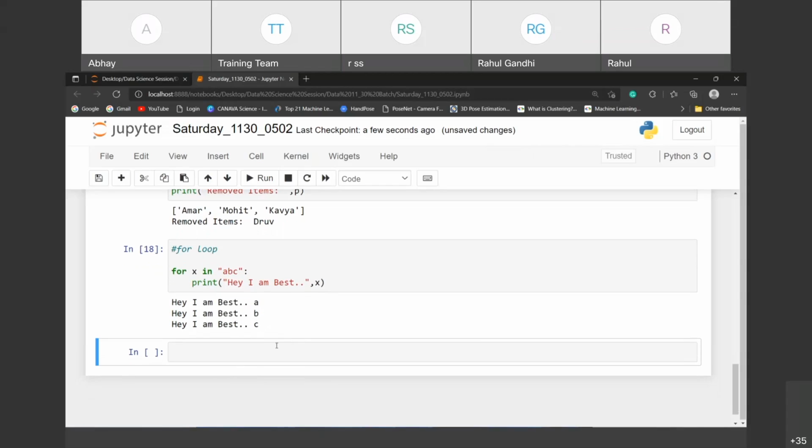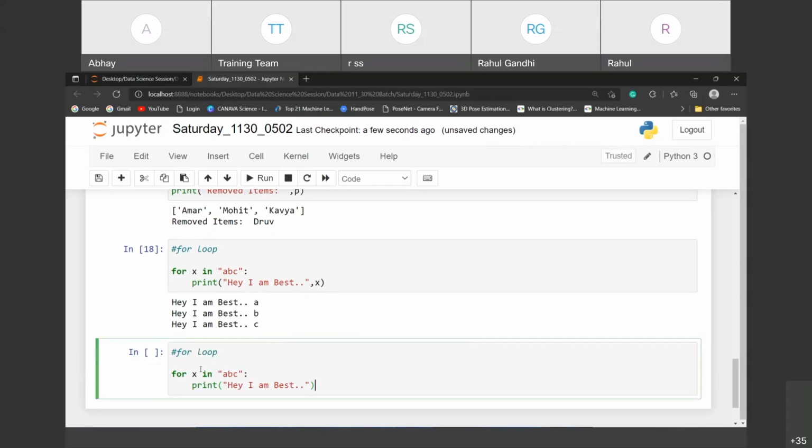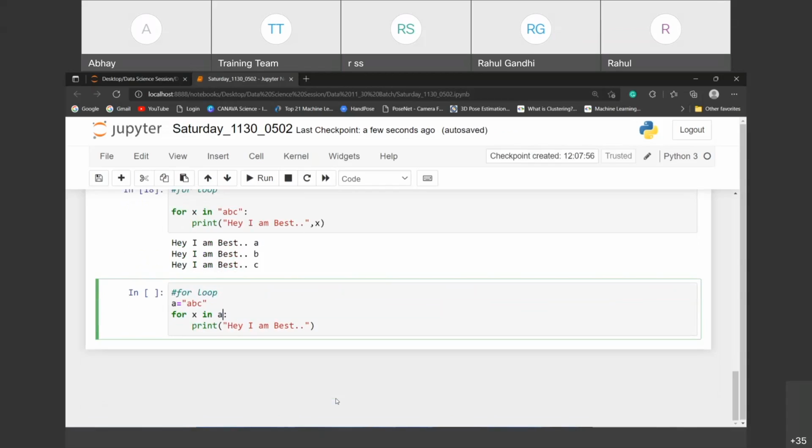So the trickiest thing is now I'm going to add here. So A is equals to "ABC". Now tell me how many times this will print. So now you guys are getting some confusion, right?